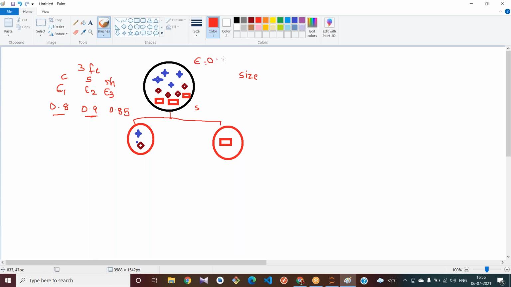With entropy 0.9, I have calculated the entropy and with this I have split my data. It also tries to calculate the information gain. Think that you got the information gain as 0.5 here, at the starting.